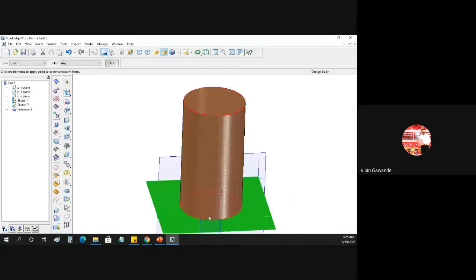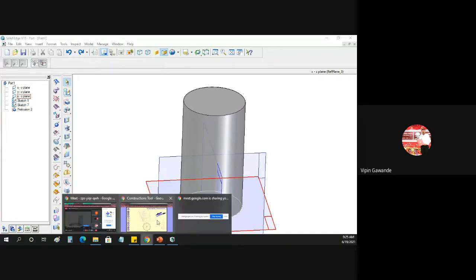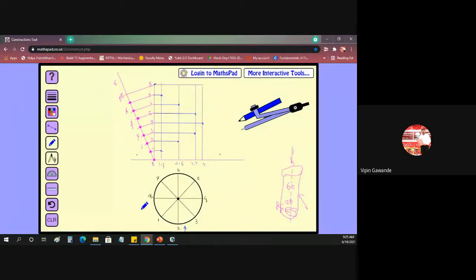So what is visible to you? Only the front side, that means the front semicircle. This part is visible to you, and the backside part is not visible. The same thing will happen here also. If this is the observer, only this part is visible to you, this semicircle. On the top side, this semicircle is not visible, because we can see up to here only 8 and 4 point, not on the back side because of the solid part. So which points are visible? 1, 2, 3, 4.